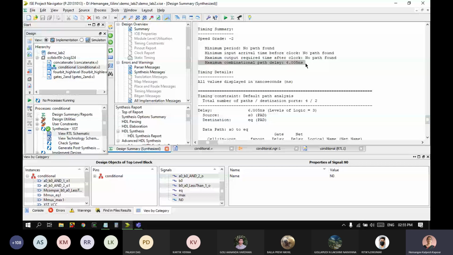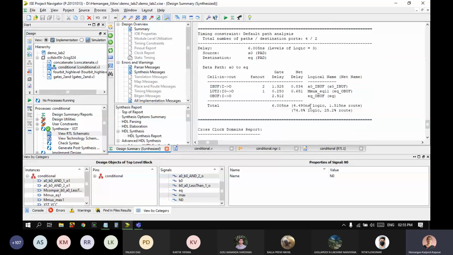Okay. And here is the more detailed analysis of the timing. How is the 6 nanoseconds spent? It says from input to output, the gate delays are this. So the A0 and the mux delay is 1, and the input to the mux is going to take this much time, and then from the mux output to the final output.